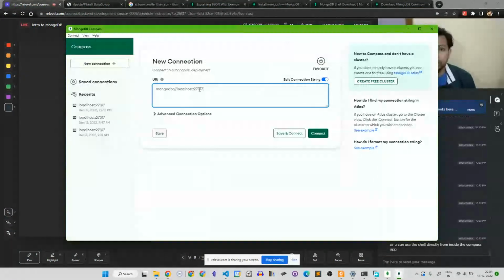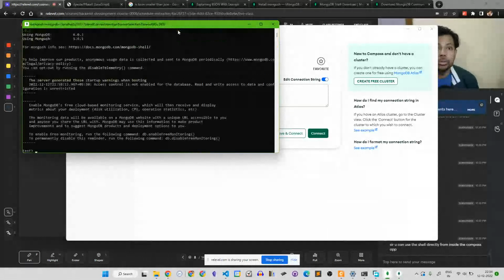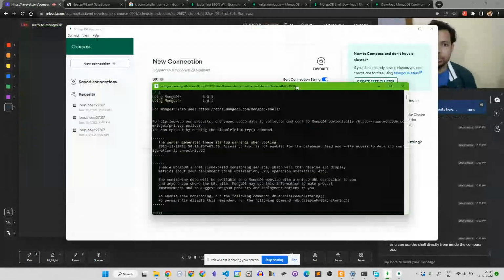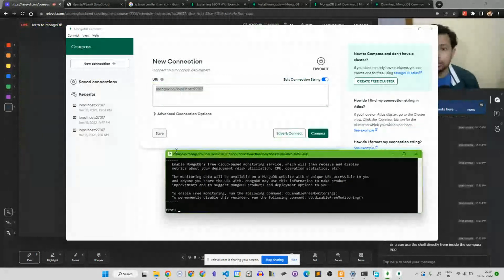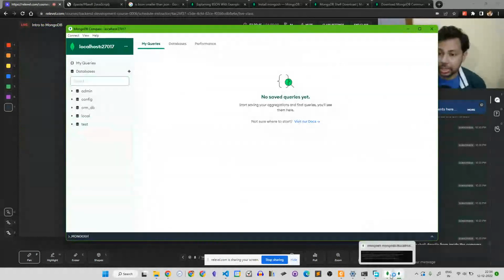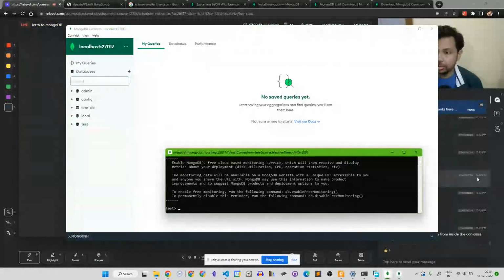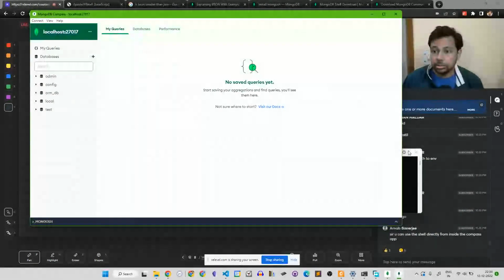So this is the URI. Let me use this URI, and I can just click here and paste it, and mongosh got connected. Now I'm in the test database. I can use other databases also. There is a use command. I'll connect to it, and I'll show you the commands directly from this shell.